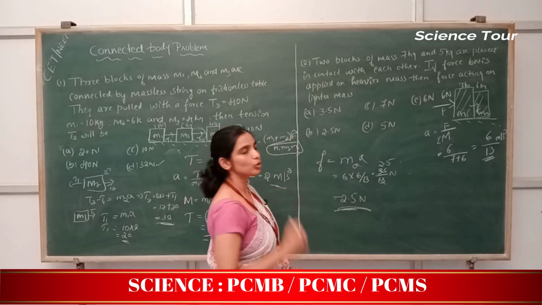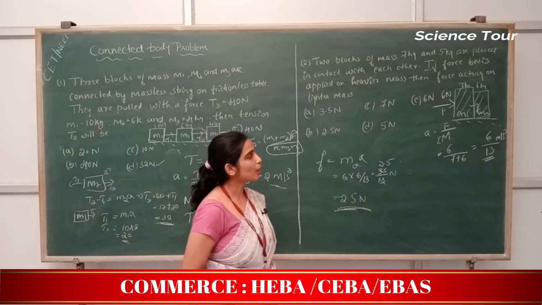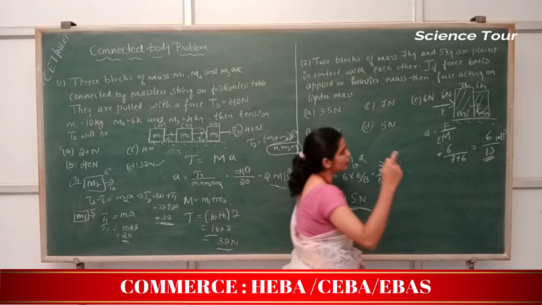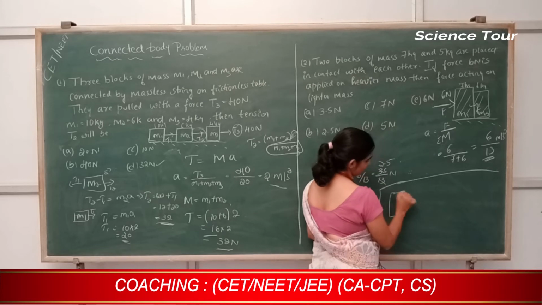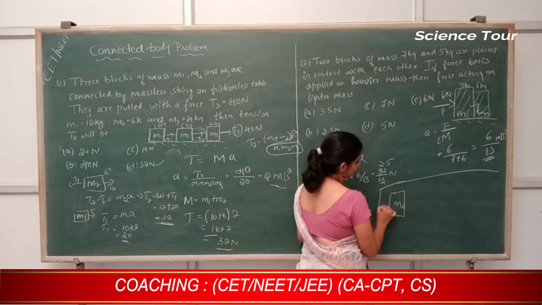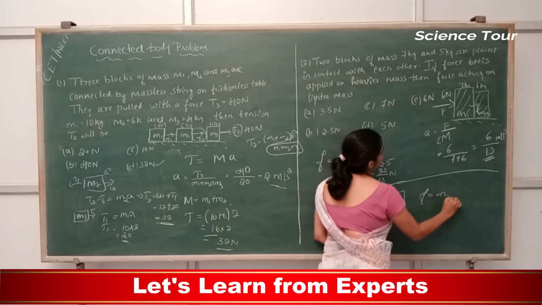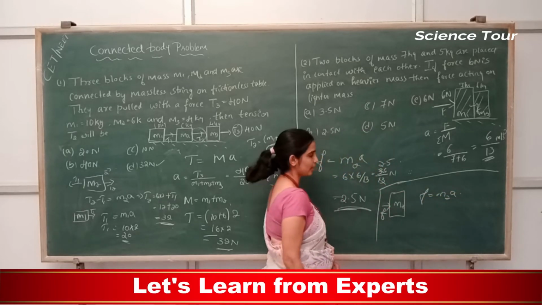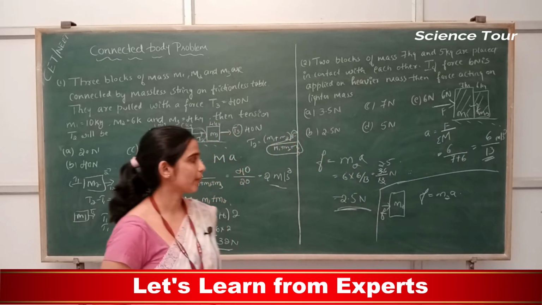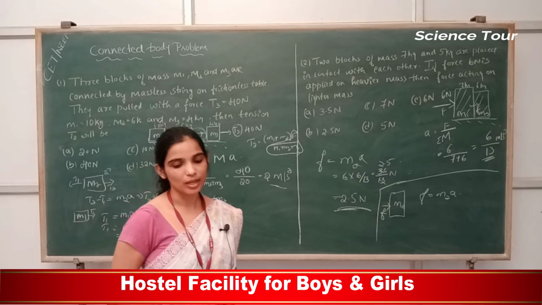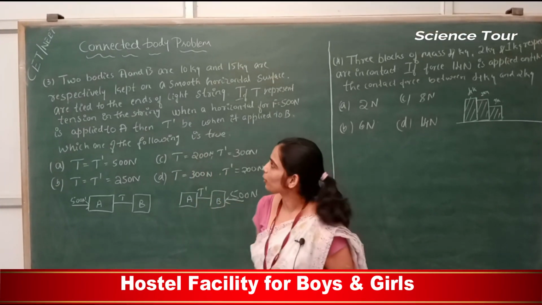Or if I don't remember this formula, ma'am, or I don't know how to derive this formula, so what do I do? You can do a free body diagram. First you should go by the free body diagram of m2. The force acting on m2 is F. So F is equal to m2 into A. So that's what I did. Correct? Okay. So this is how you will solve the problem. Let's move to the next problem.